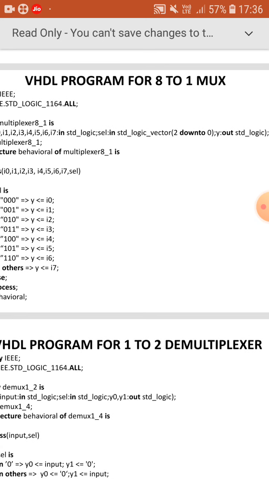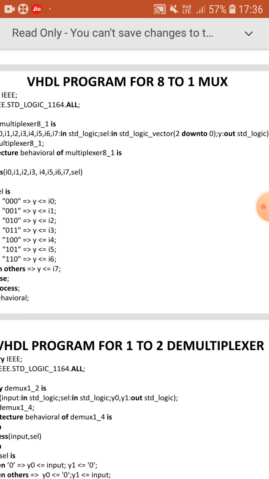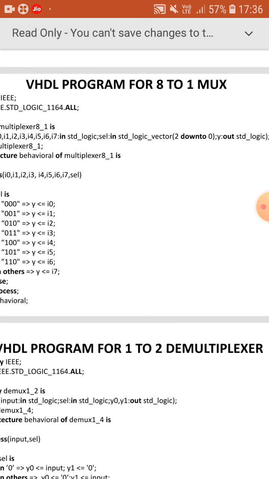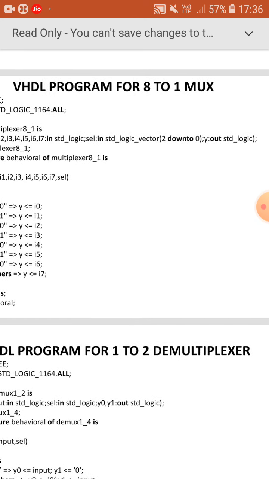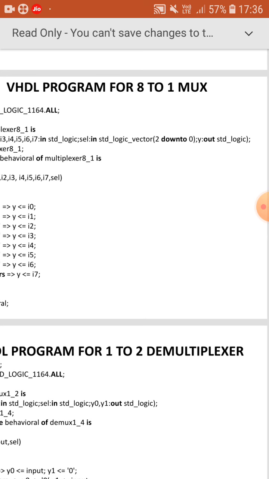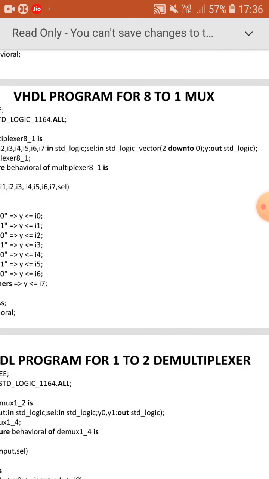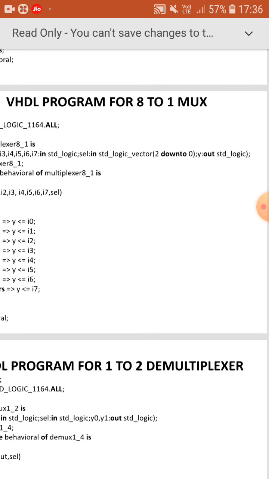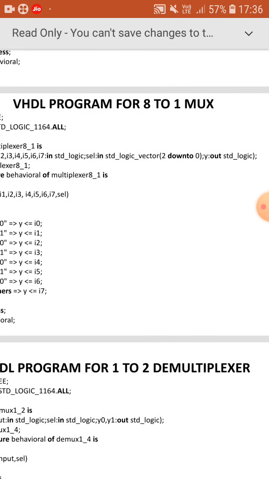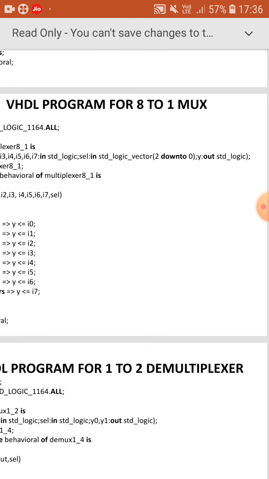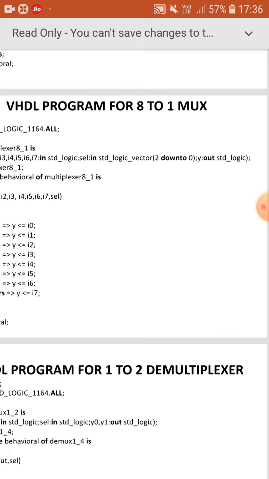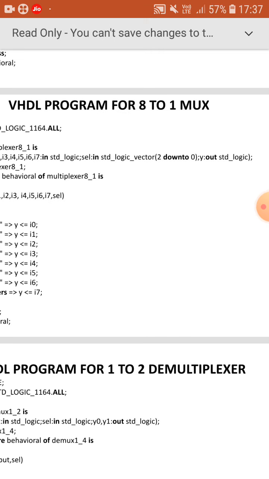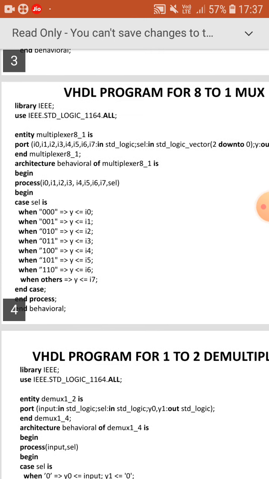Next I am declaring select line, SCL colon, SCL is one of the inputs, so mode in. SCL is a 3 bits value, so I am using std logic vector, bracket 2 down to 0. Y is the output, y colon out std logic.